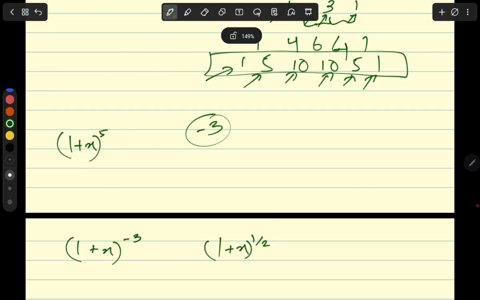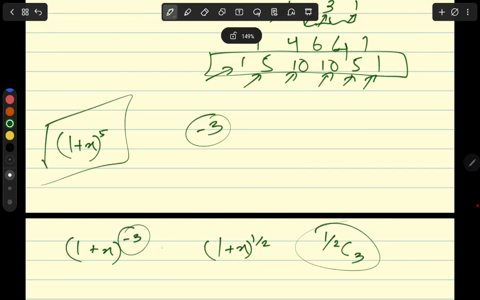Now, can I choose half C3? Is this going to be possible? No. So using the combinations formula you have learned, you cannot use that the way you were taught in AS level. So for such expansions where the powers are rational but they are negative or fractional,